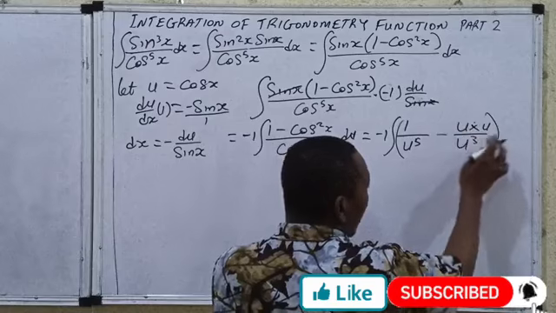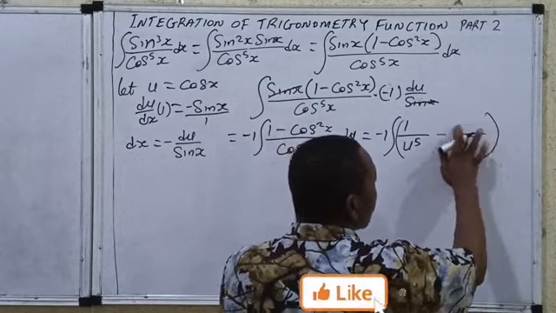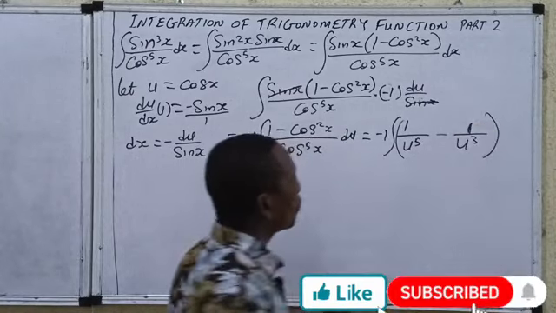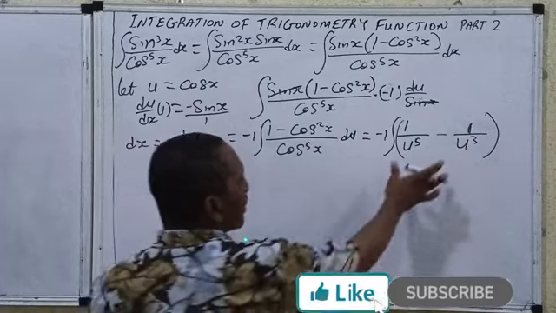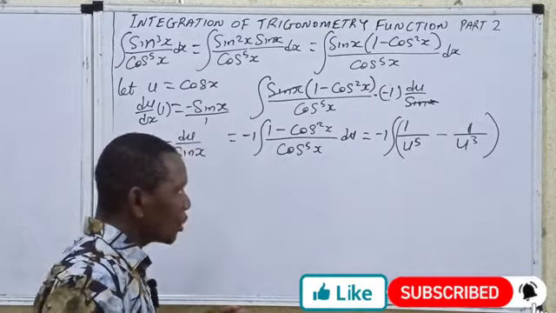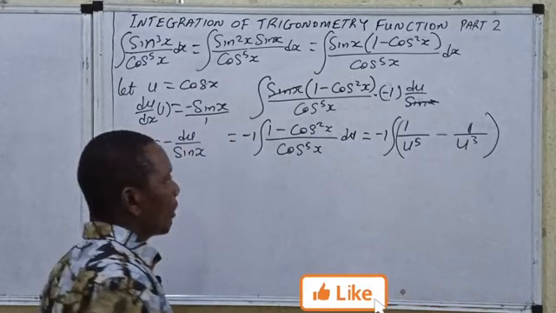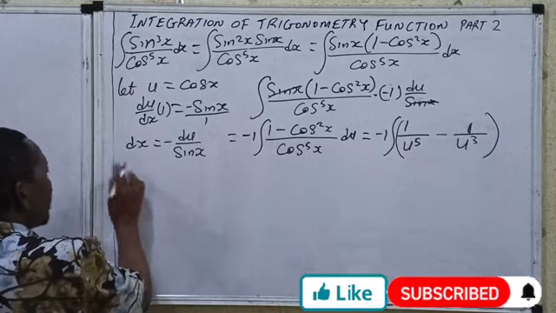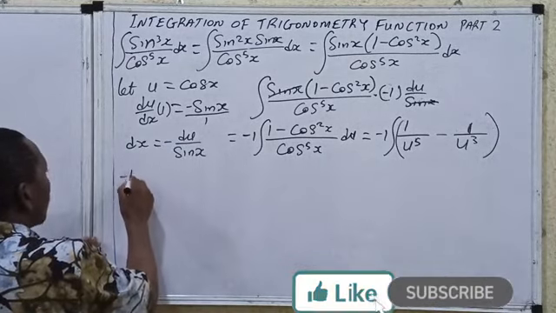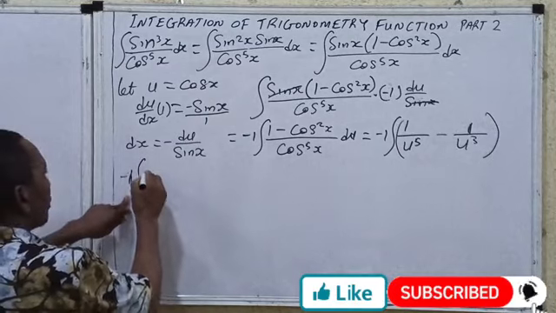Because 2u has cancelled out 2u in the denominator, this place will now be 1. So take note of that. Once you get to this level, you are almost done. Now, I have to rewrite this as negative 1, integral of